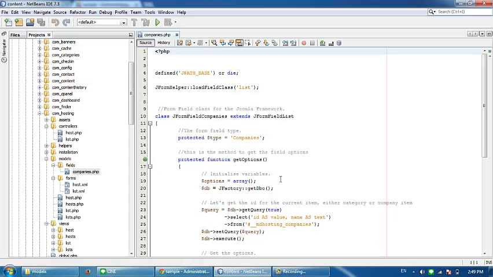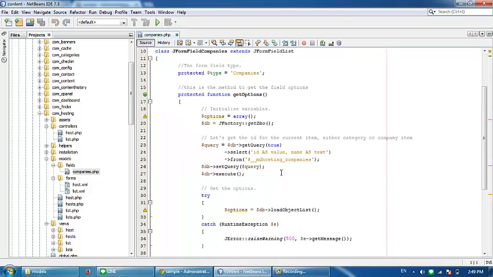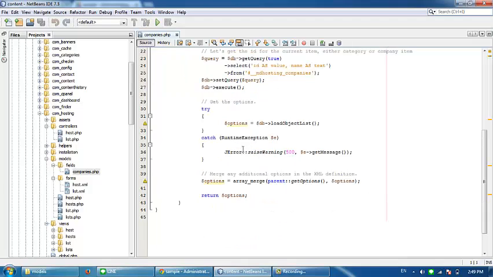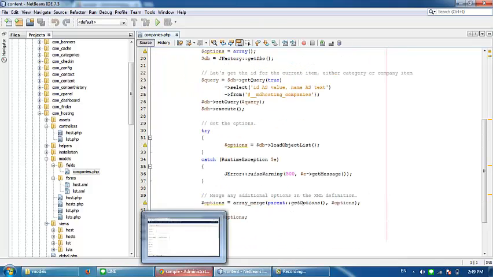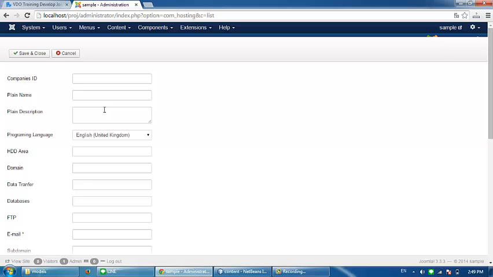So to check it, this function is to get the data from the database and make it as an option. So let's refresh this. So here's the two data from the company table.